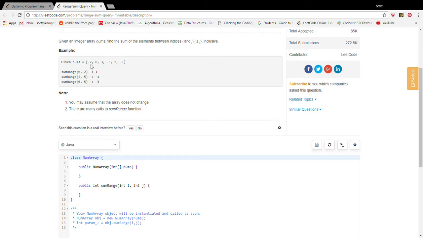We're going to set up a memo, like we've always done in dynamic programming. It's going to remember solutions to things we've solved. And it's going to keep the sum up to each index of the array. So for 0, it'll have -2. For 1, it will also have -2. It's the sum up to 1. For 2, it will have 1. -2 plus 0 plus 3 is 1. For 0, 1, 2. For 3, it will have, this was 1 plus -5, it will have -4,